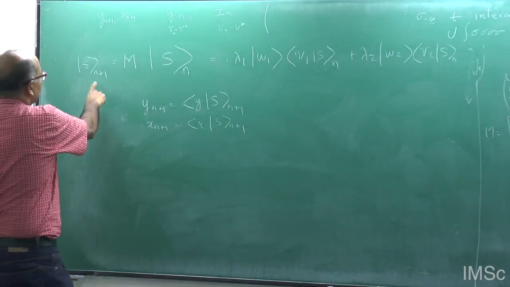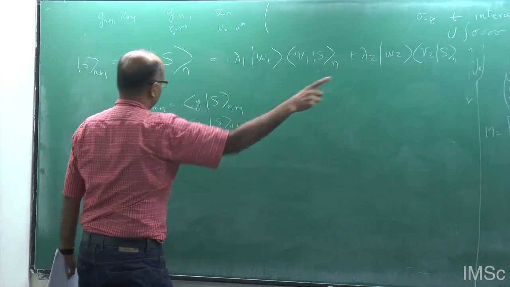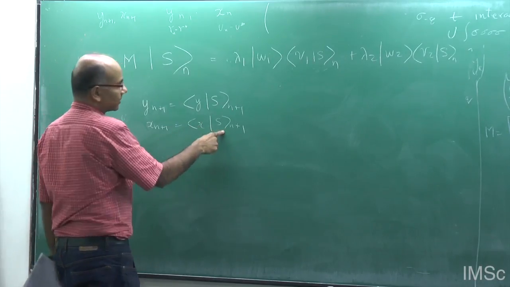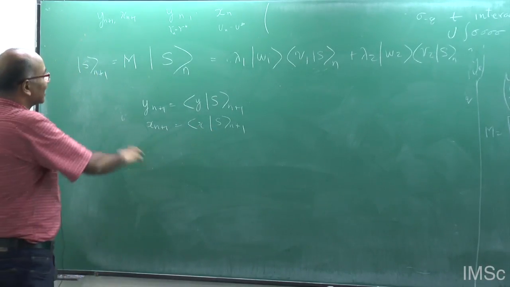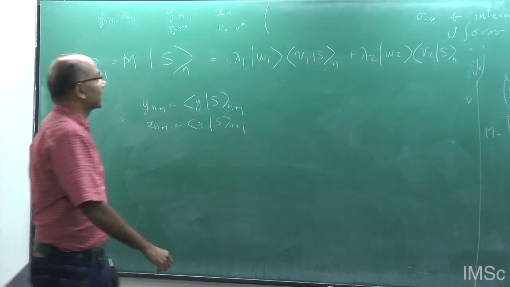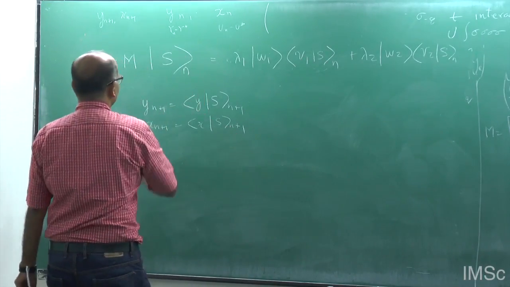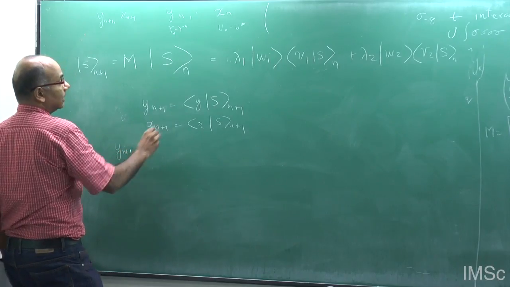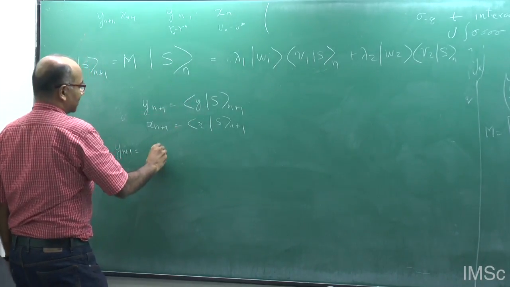So Sn plus 1 is M times that. And then yn plus 1 is obtained by taking the y projection with that, and xn plus 1 is the x projection with that. So we just have to work this out. Let's work out yn plus 1, and then you can do x similarly. You put in a y here, so lambda 1